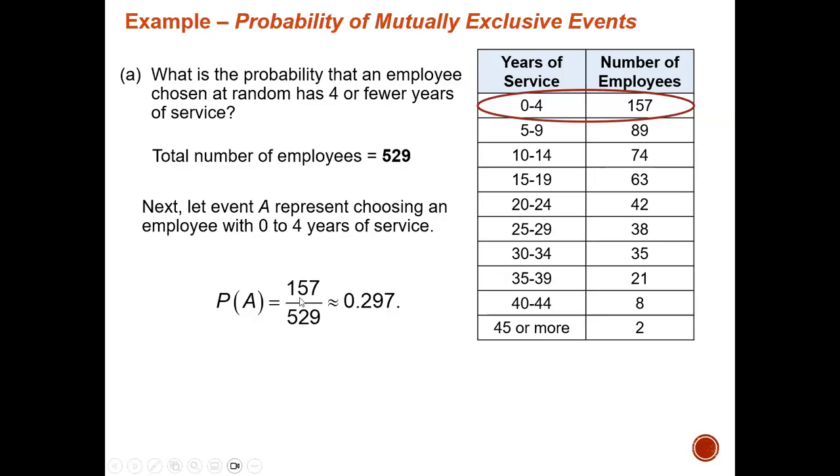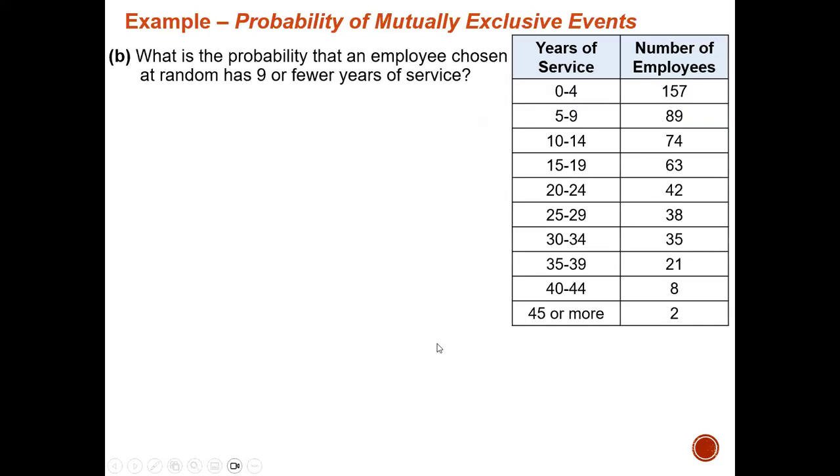Careful how they want the answers. The previous ones we've left as a fraction, we just reduce. Sometimes they might want the decimal version, so you would just divide these. So the probability is 157 over 529, or divided out, the probability is 0.297. Okay, either will work. So part B, what is the probability that an employee chosen at random has 9 or